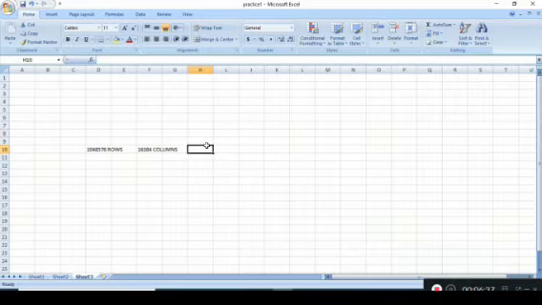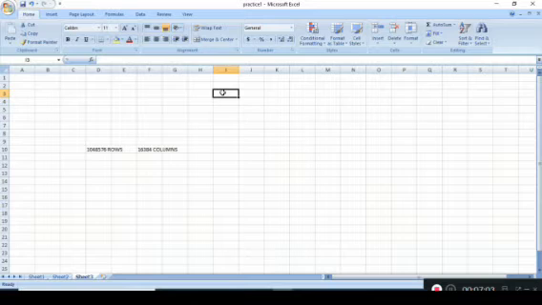Now what is a cell? The combination of the intersection of rows and columns is called a cell. The cell is the basic unit of a worksheet. Now you can see here, wherever I keep the mouse pointer and click, automatically the box converts into a bold dark color.